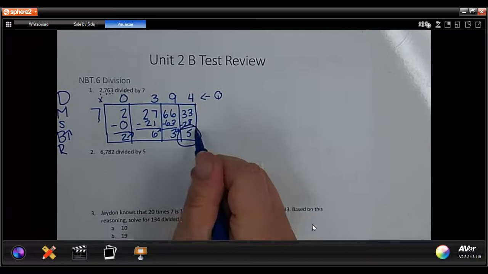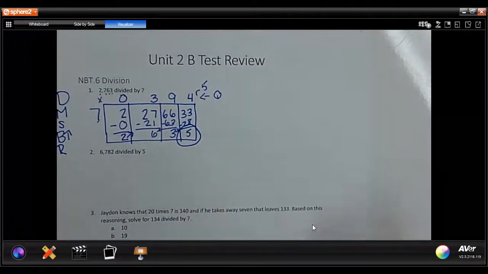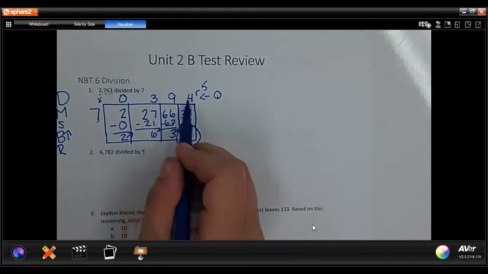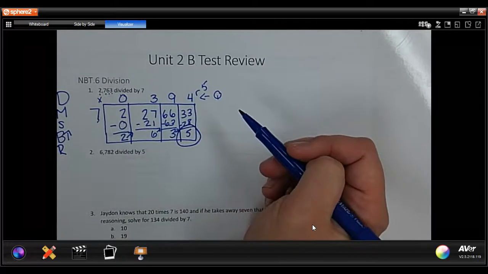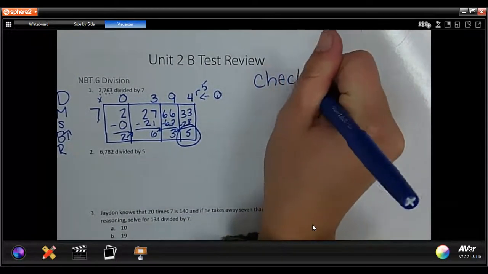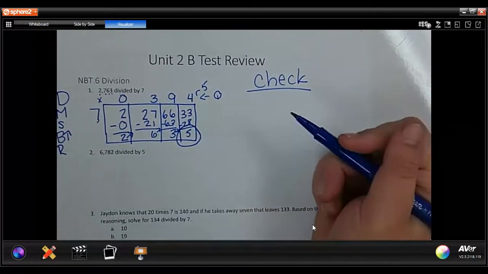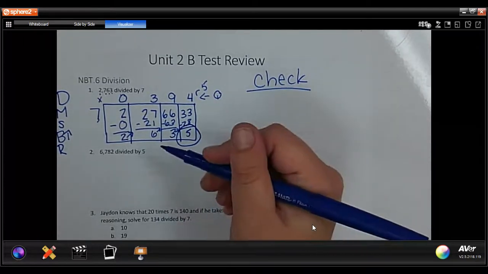Since I have something left over down here and it's not 0, I have a remainder of 5. So my answer is 394 remainder of 5. Since this is a test review and on the test, I would strongly suggest checking over my work. So I'm going to put over here to the side, check. Because if you check your work, you will be able to know you get it right. And if you didn't get it right, you'll be able to go back and see if you made a mistake